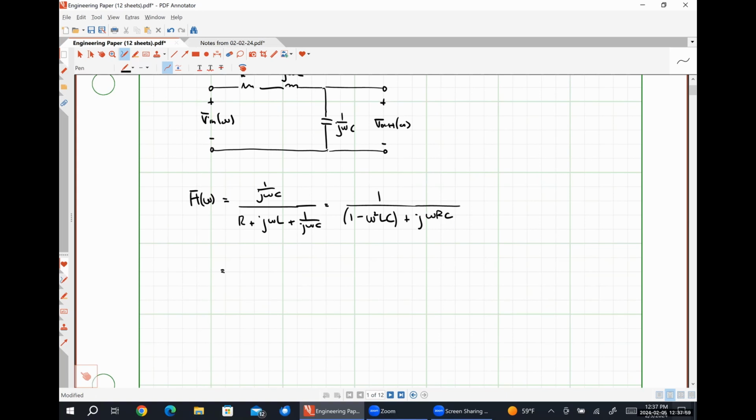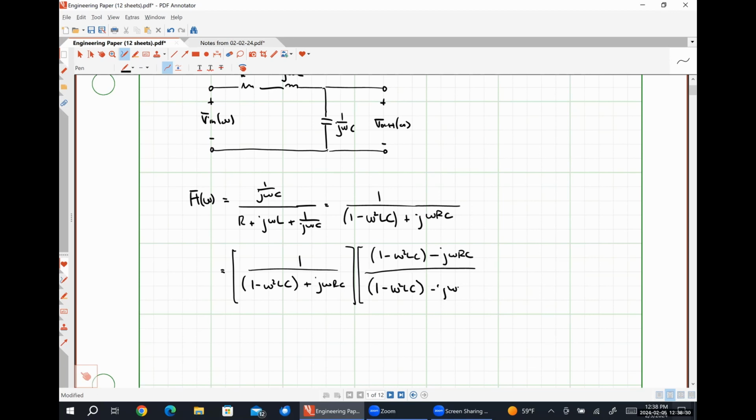So that's going to look like 1 over 1 minus omega squared LC plus j omega RC, times 1 minus omega squared LC minus j omega RC over 1 minus omega squared LC minus j omega RC. And